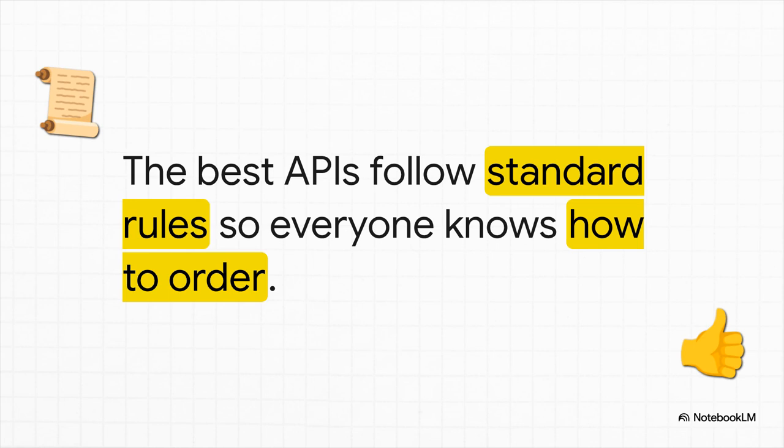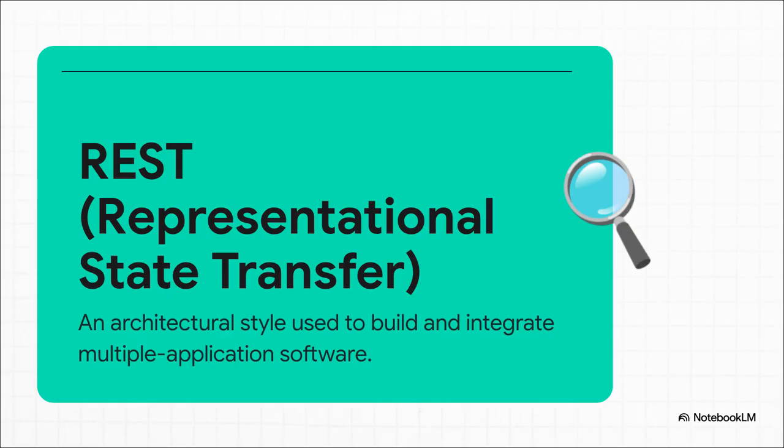It's like when you walk into any restaurant. You kind of know the drill. You get a menu, you order, you eat, you pay. REST provides that same predictable experience, but for software. It creates a standard way of doing things so developers don't have to learn a completely new system every single time they want to connect two apps. So this whole approach is known as REST, which stands for Representational State Transfer. And it's not a language, but an architectural style. An API that's built this way is called a RESTful API, and it's pretty much the gold standard for web services today, simply because it works so incredibly well.